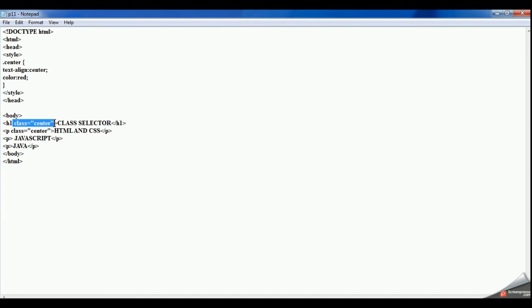One was the element selector, where only one element is selected and changed. Then you have seen the ID selector. With the help of the ID keyword we can change a respective element. Now if I am using the class selector, that means I am grouping it and I can use it on any of the HTML elements. Okay. So this is how it will be working.